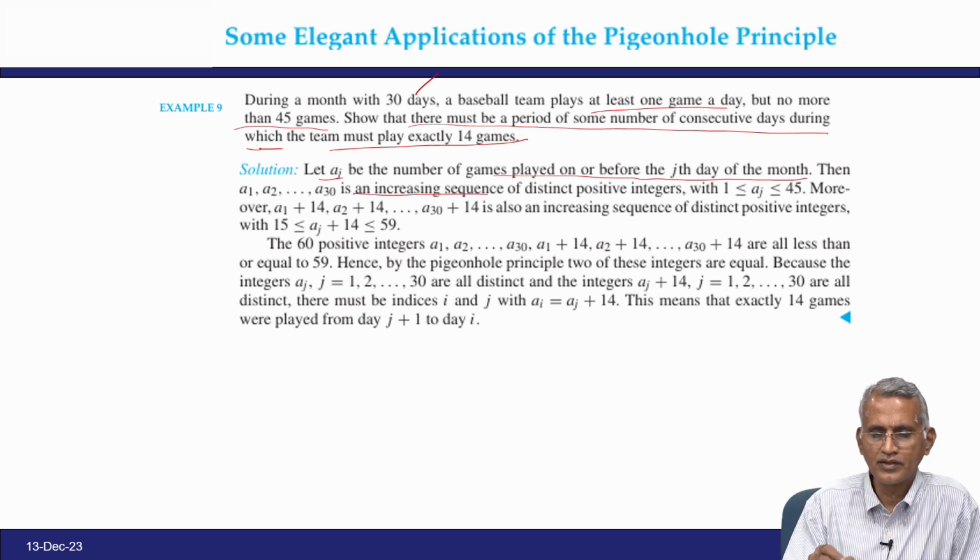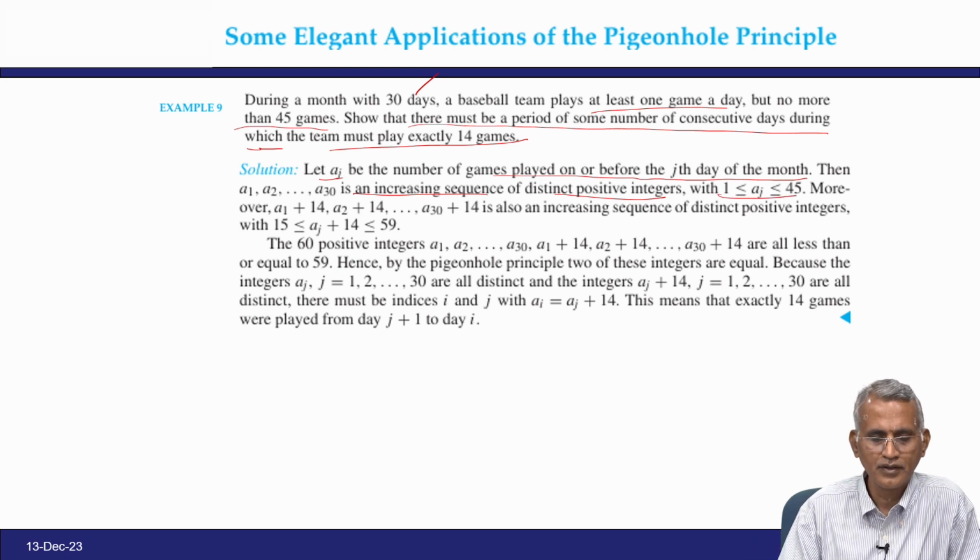This is an increasing sequence of distinct positive integers, and the team plays at least one game a day, but no more than 45 games. Therefore, Aj may vary from 1 to 45, and after A1 to A30 we have A1 plus 14, A2 plus 14 and so on,